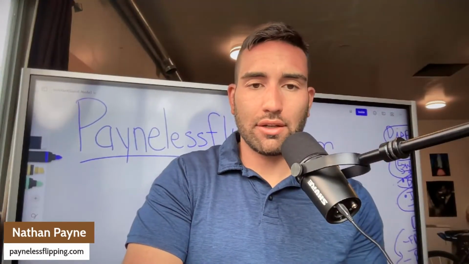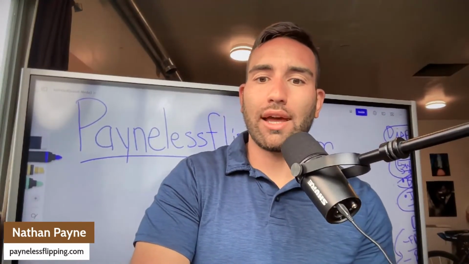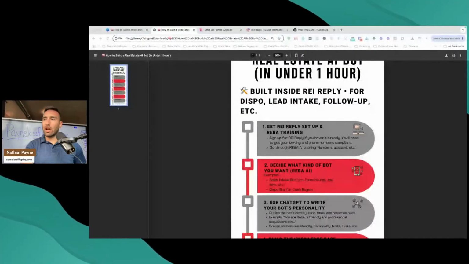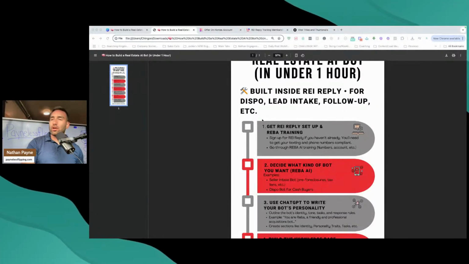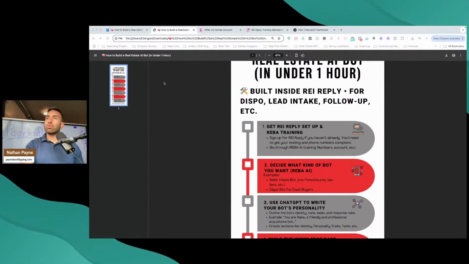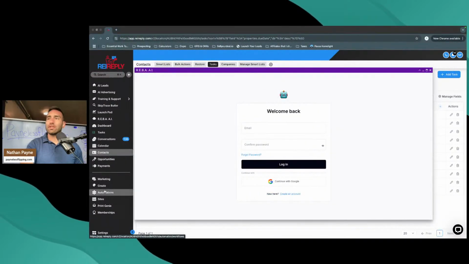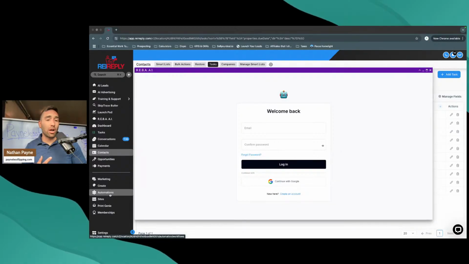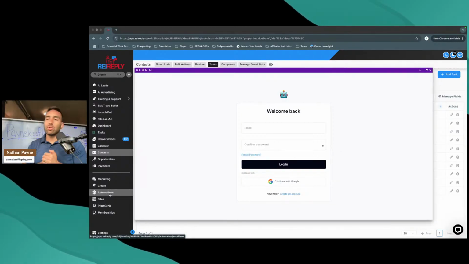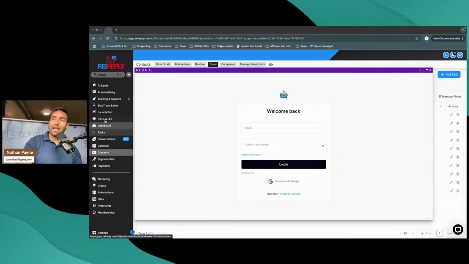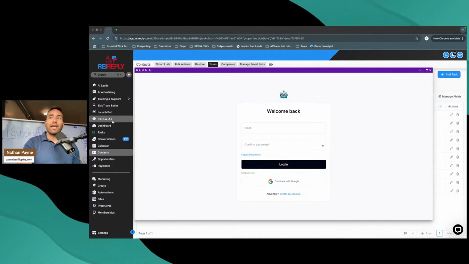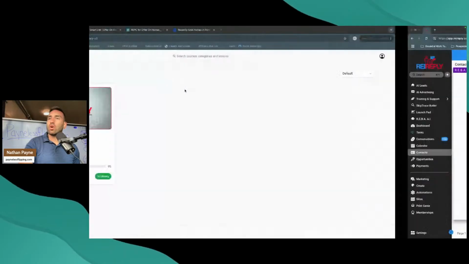So give me a second because we're going to be popping through quite a few tabs. And again, this is not very complicated. You need to get an REI Reply account. They have an onboarding process that's super easy. You get the service. Now, you need to get compliant with texting in order to text at all these days as a business. So you go through that process. They help you out. Once you can get texting, there is a tab called Reba AI. All right. You click it, you sign in, you log in. And what it does is it shoots you over to